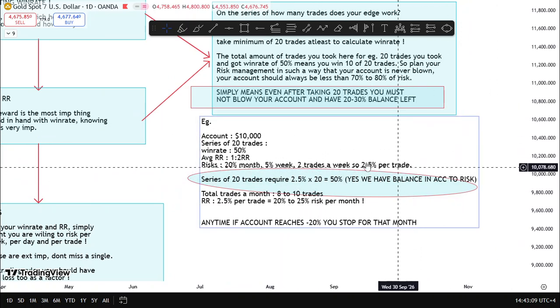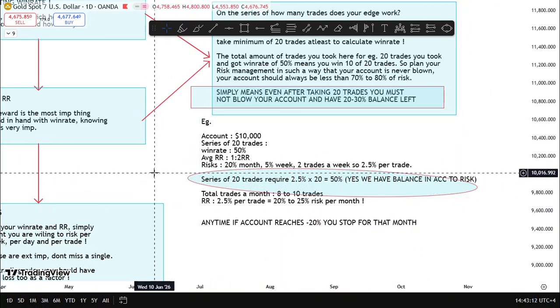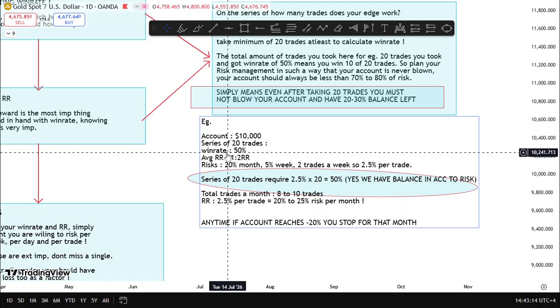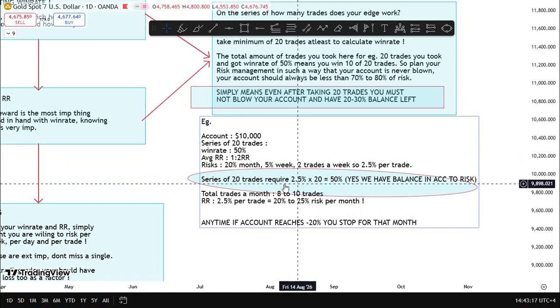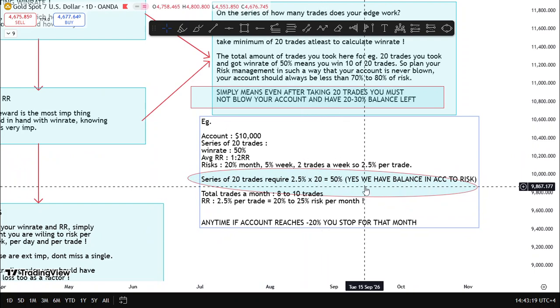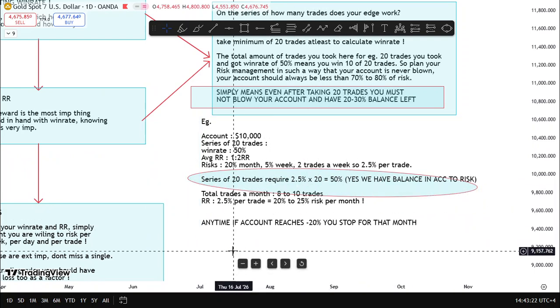2.5% per trade, multiply by 20, because I have tested my strategy on a series of 20 trades and I have a win rate of 50%. So I will just risk 50% of my account. That means I can run this entire setup again. Even if my win rate doesn't work accurately, even if the strategy's backtest doesn't work accurately, you have 50% in your balance left. That is what I mean, that after the set of trades have been completed, and if